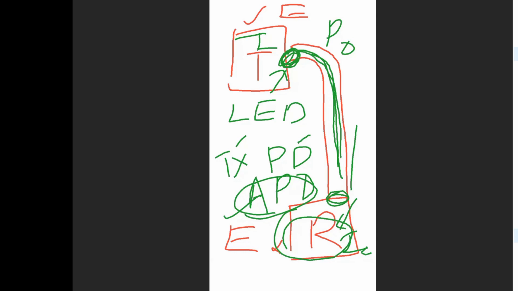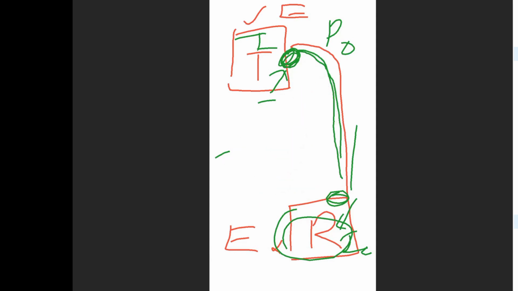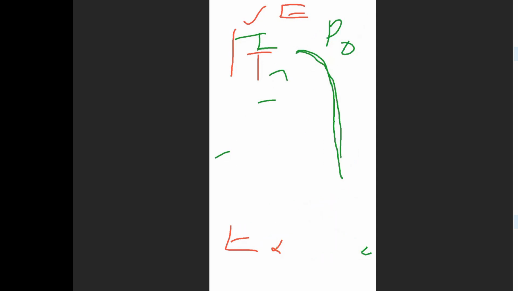But now what happens? Due to the advancement of circuitry, people started using this way. Still, they had the same electrical transmitter and electrical receiver. But in between this electrical transmitter and receiver, they started using a laser as an advanced light source, and an avalanche photodiode or photodiode as a receiver.